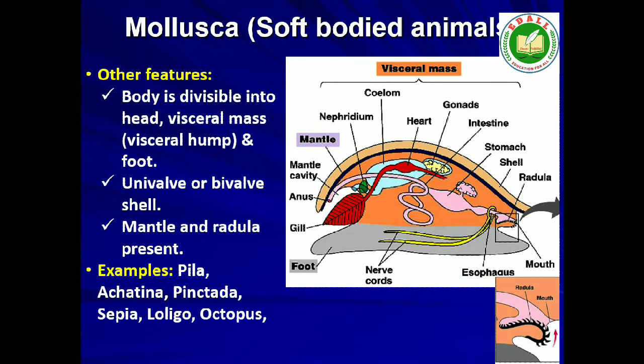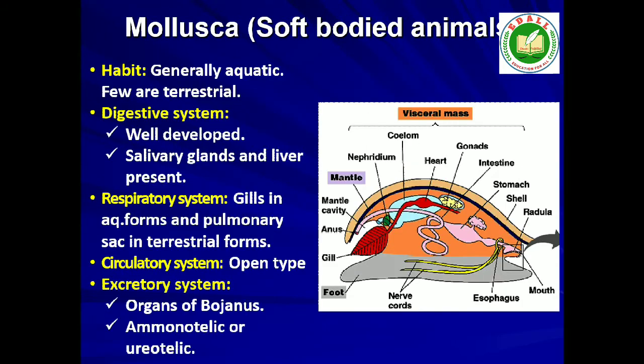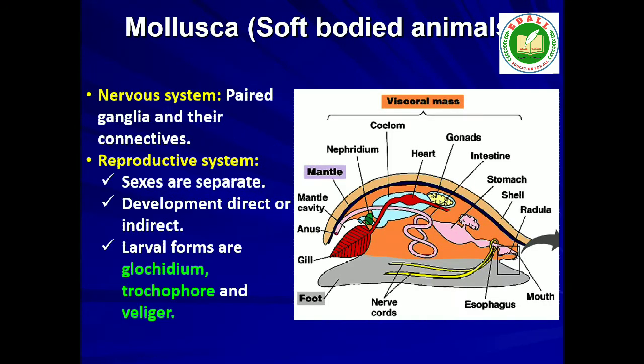A soft and spongy layer of skin forms a mantle over the visceral hump. The space between the hump and the mantle is called the mantle cavity, in which feather-like gills are present. They have respiratory and excretory functions. The anterior head region has sensory tentacles. The mouth contains a file-like rasping organ for feeding, called radula. They are usually dioecious and oviparous with indirect development.